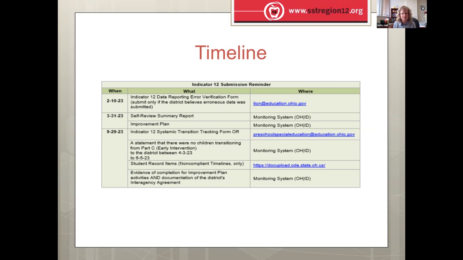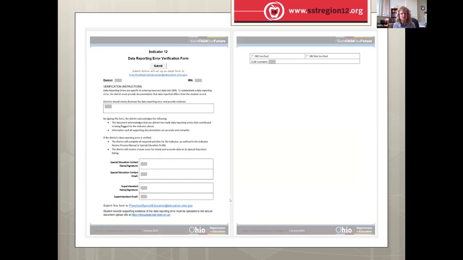And then evidence of completion for all of those improvement plan activities and documentation of the interagency agreement. Again, this indicator really is supported through another office, for early learning and school readiness and preschool special ed. So there will be some aspects that are slightly different in terms of forms, and this would be one of those forms. So specific to indicator 12,